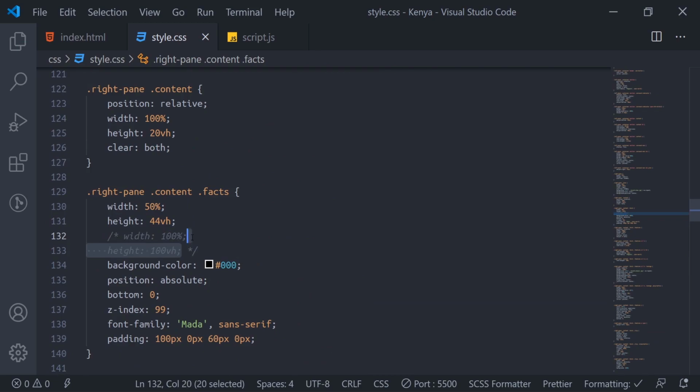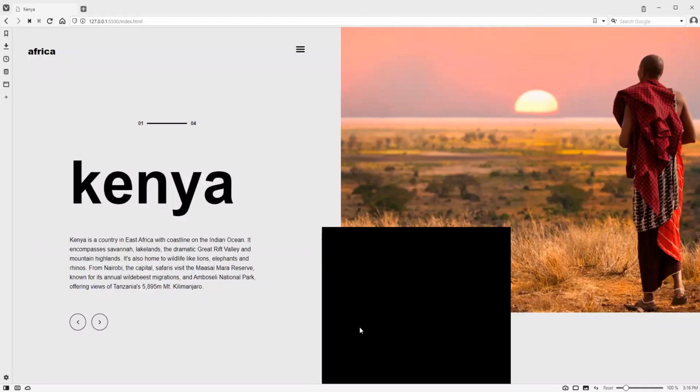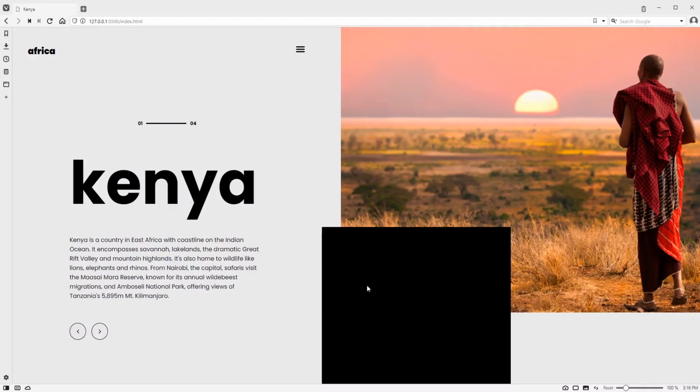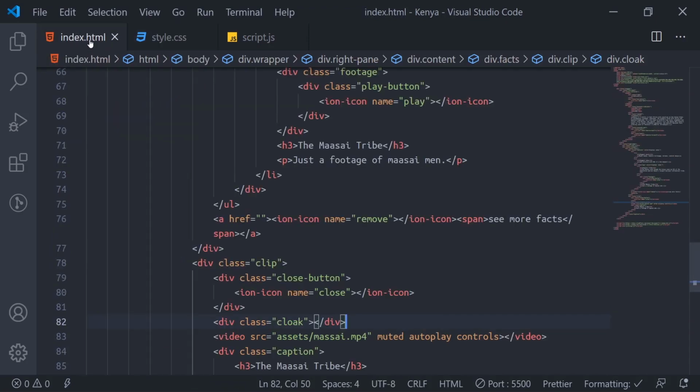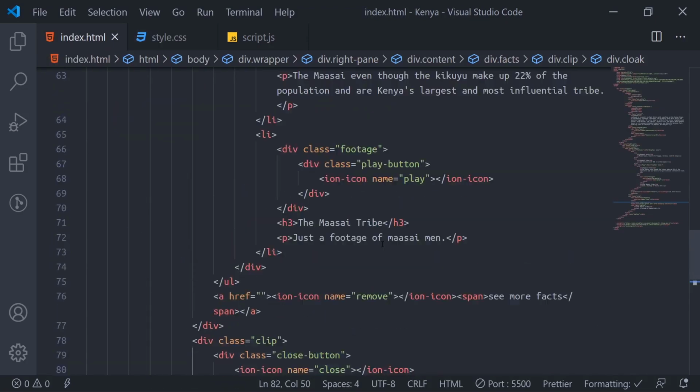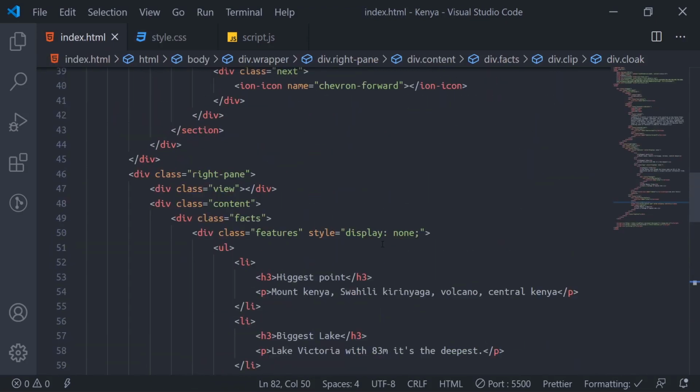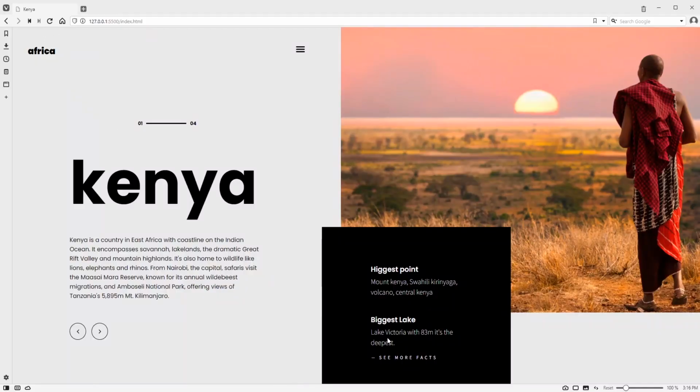We'll not use it, we'll just comment it. Then no display as there was before. So I'll go to my HTML, to that place, and delete this style from features. So we don't get this thing back, right?